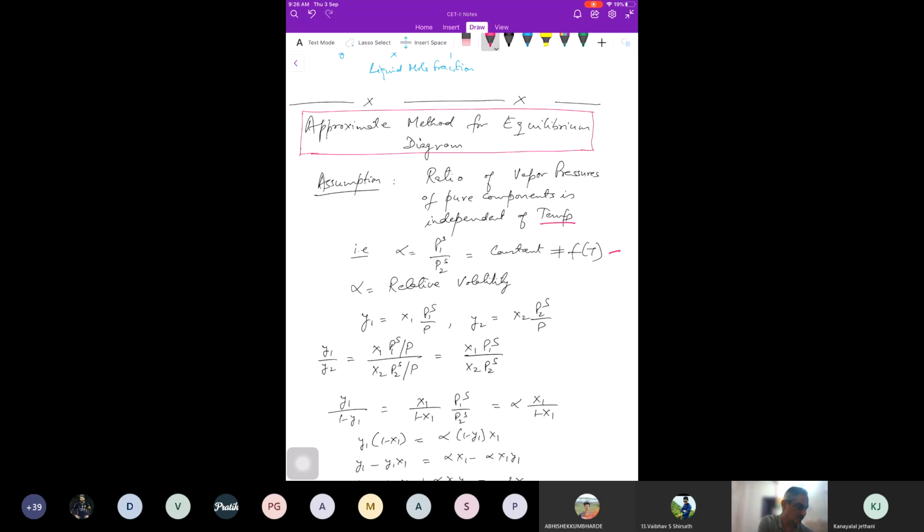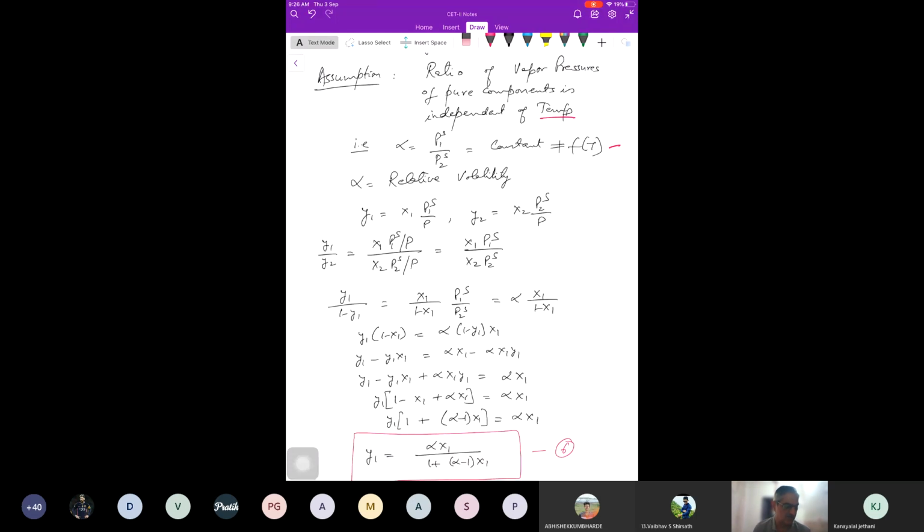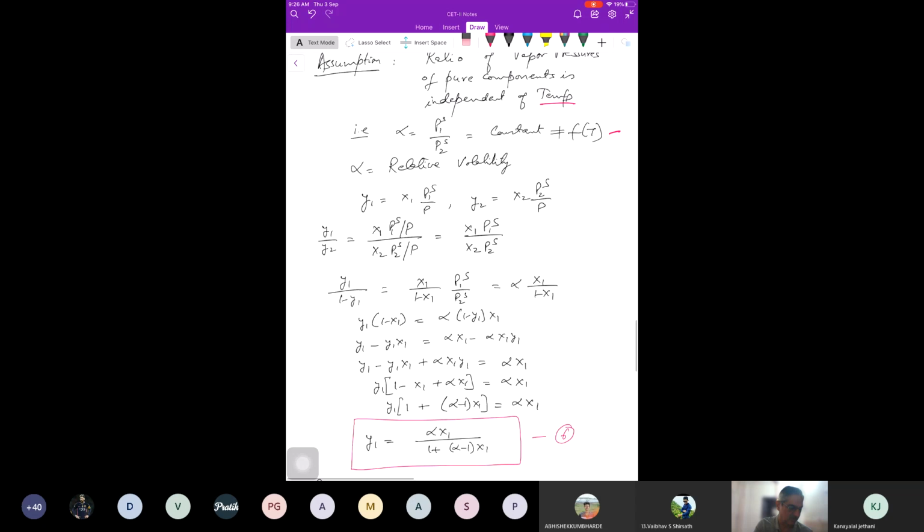Okay. So we cross multiply these terms, and what you get is y1 into 1 minus x1 is equal to alpha into 1 minus y1 into x1, and open these terms. इसे ओपन करने के बाद हमारे को इक्वेशन 6 मिल जाएगा. यहाँ पर दिखाया आपको पूरा